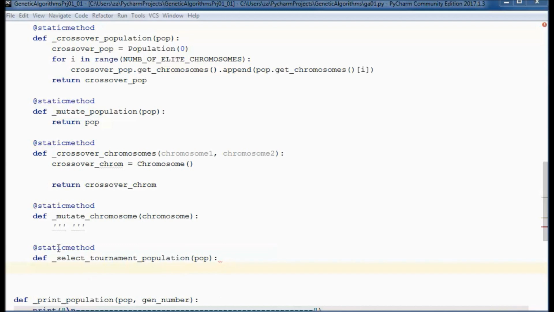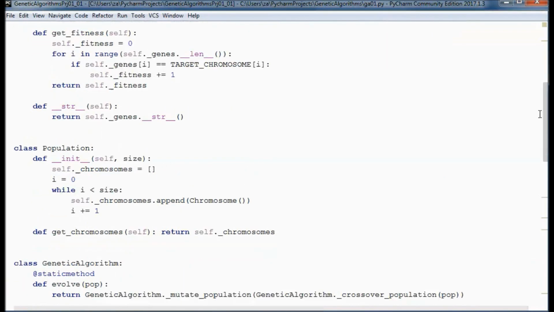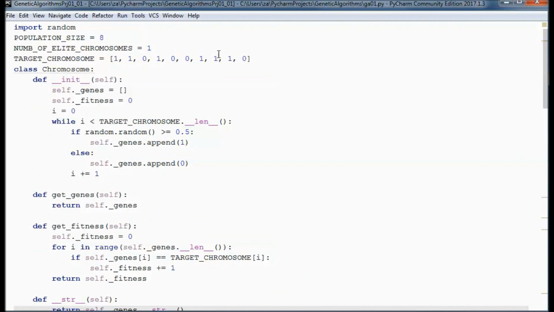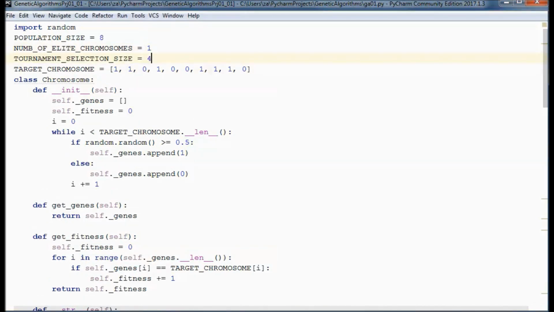And in tournament selection, a number of chromosomes are selected randomly, and from those, the one with the highest fitness is chosen. So if we go back up here, let's define this constant, the tournament population selection size.